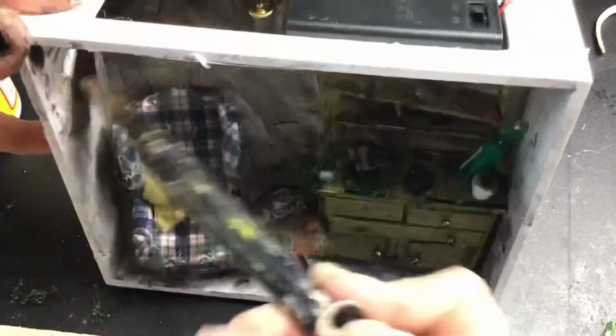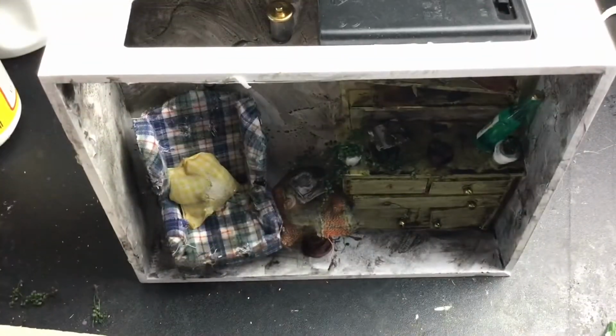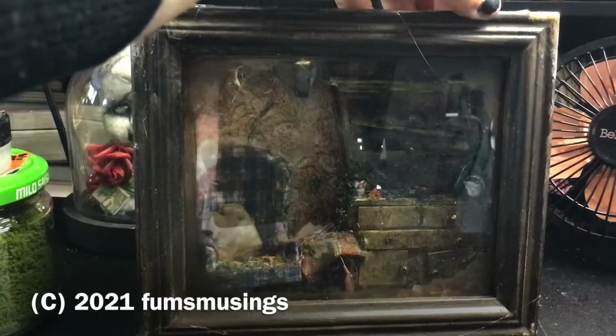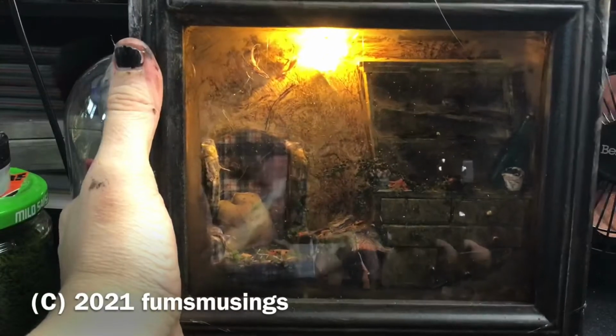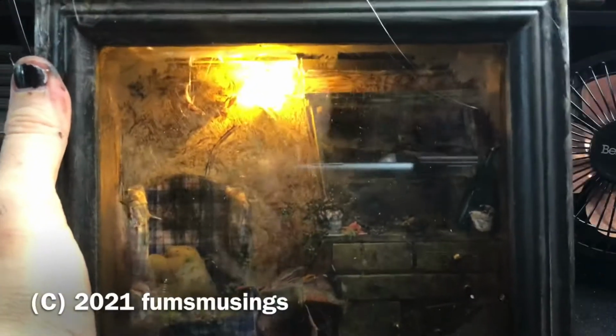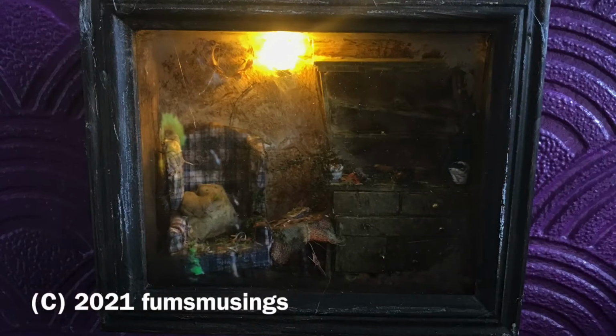Then once I was happy with the objects I'd placed back on and dirtied all those up as well, I worked on the walls. Just layers of black and brown acrylic paint and different washes. I added a bit of fake moss and loads of little bits of leaves and broken up flower petals and things to look like more leaves and bits of wood and stuff, and put those in. And I put a couple of branches at the top, and then painted the frame, made the frame look distressed, and then added some fake cobwebs with hot glue on the frame,